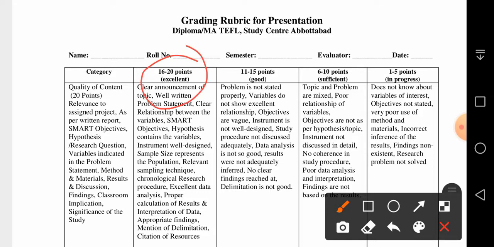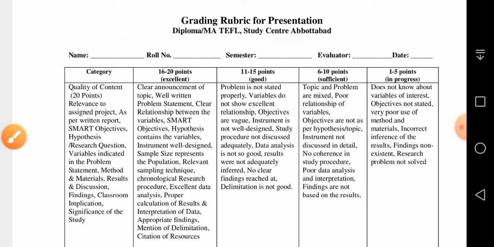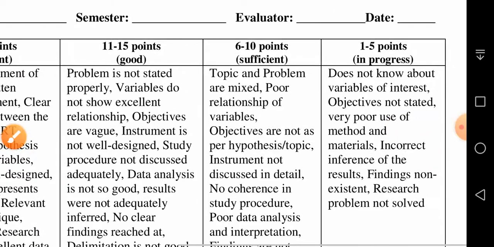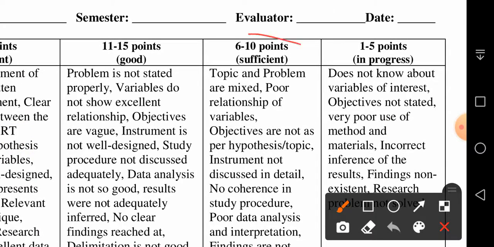We may award between 16 to 20 marks as far as content is concerned, or a student may get 11 to 15 marks, okay. 11 marks or 12 marks, 13, 14 or 15 marks. Or we may give a student 6 to 10 marks in content, or 1 to 5 marks.